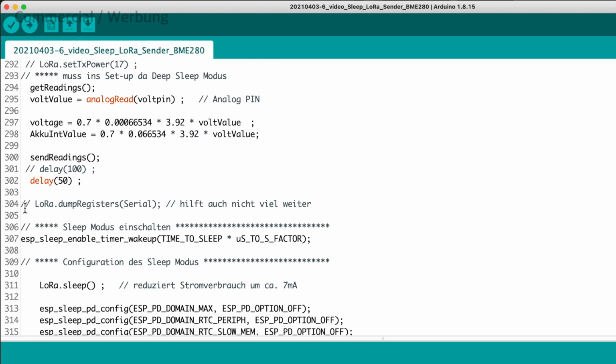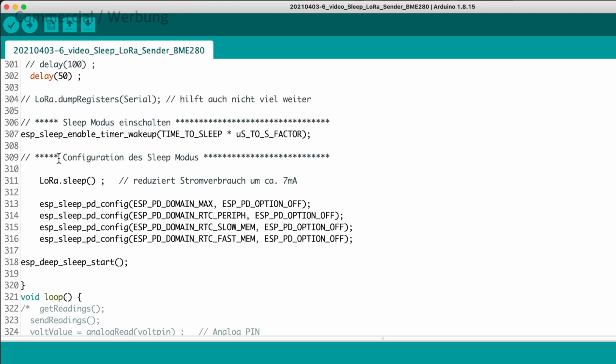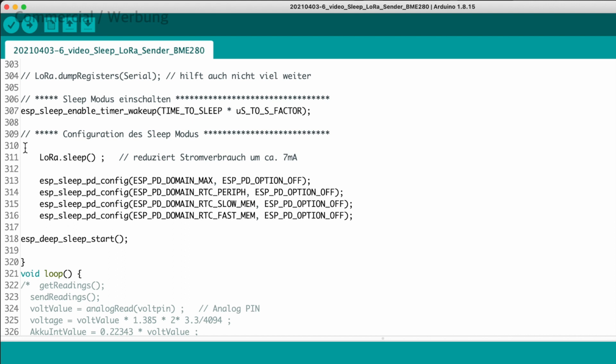The next step is the preparation for the sleep mode. It is a bit more complicated than I thought. There is an extra configuration for this, which can be pretty sophisticated, as you can see from the commands. But with the help of some other YouTube videos, I was able to figure this out quickly. However, the power consumption results still remained a bit disappointing.